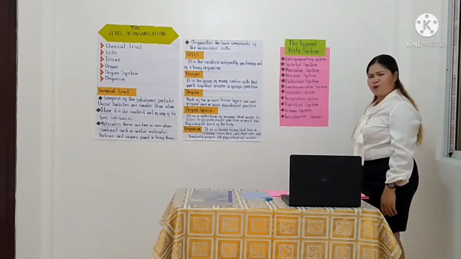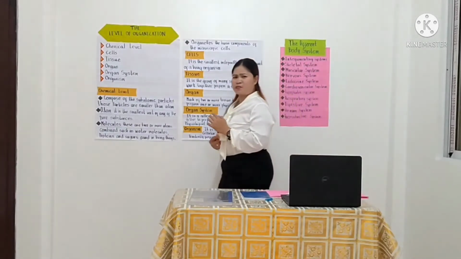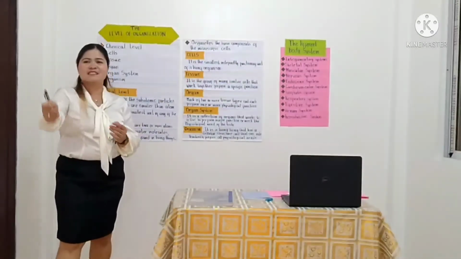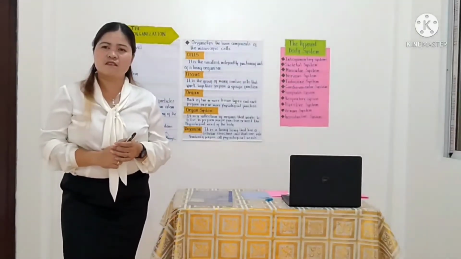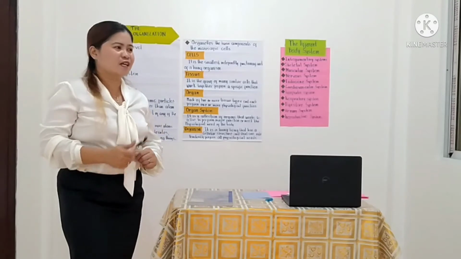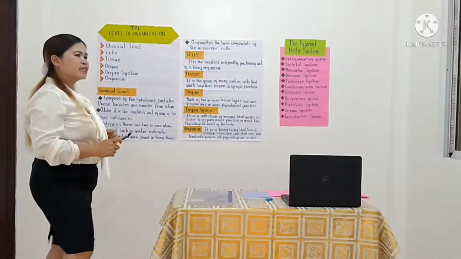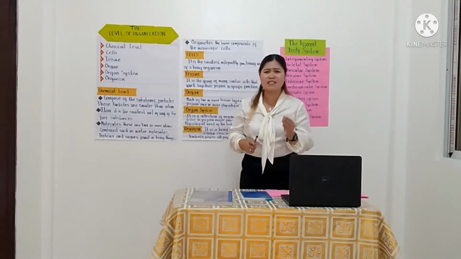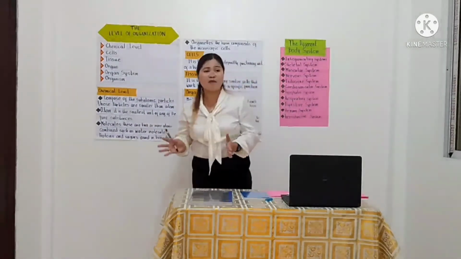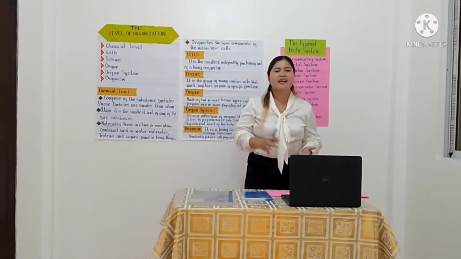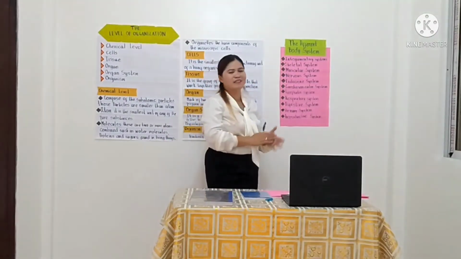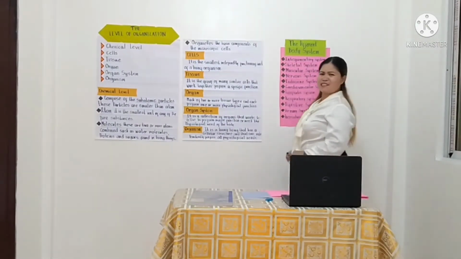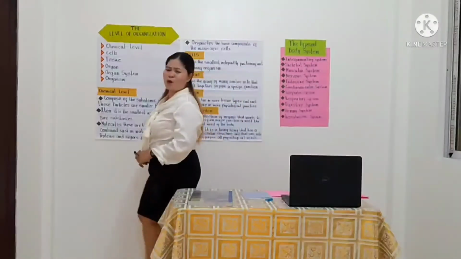integumentary system. What do you think is the integumentary system? Who can remember? Yes, Erica. Yes. Wow. It is the outer covering of our body. What does it consist of? It consists of skin and hair. Very good. Next is the skeletal system. What is the skeletal system? Do you think it is important to our body?